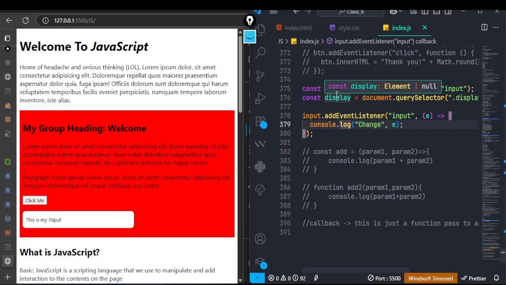Assuming they are not there now, we have to create them, then add it to the page. But it's already there, so we don't need to do all that. We'll just need to target them. Then after targeting the element, the next thing is for us to attach events on it. And the only one that needs the event is just the input, because the other one doesn't need any event,